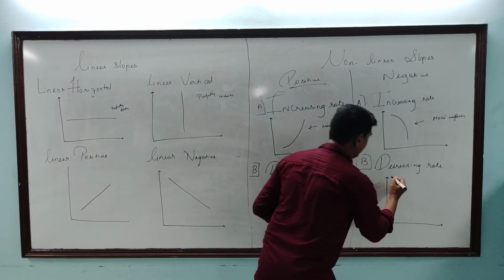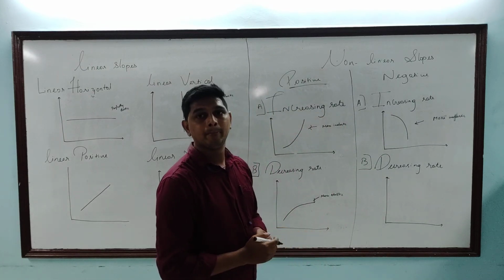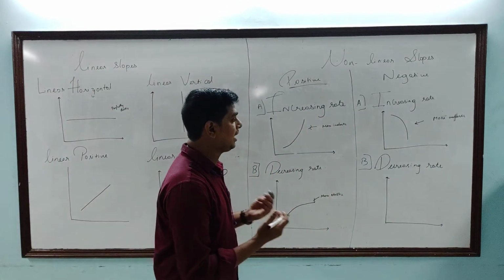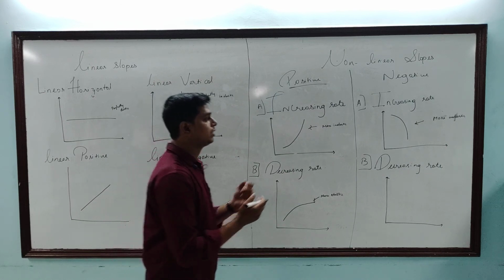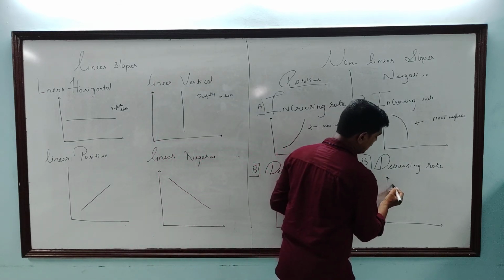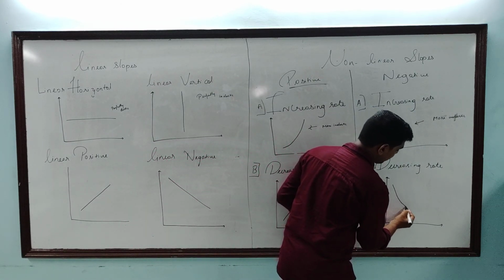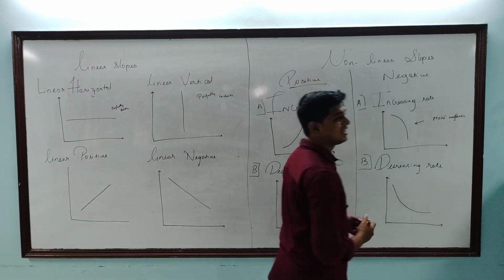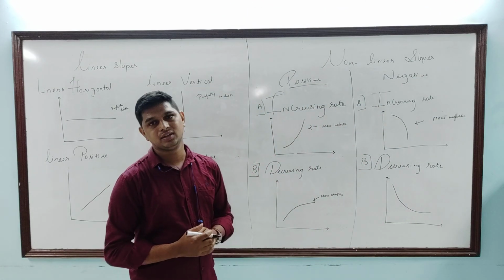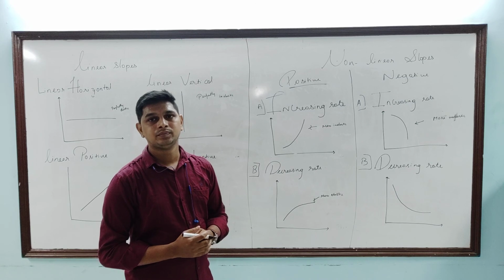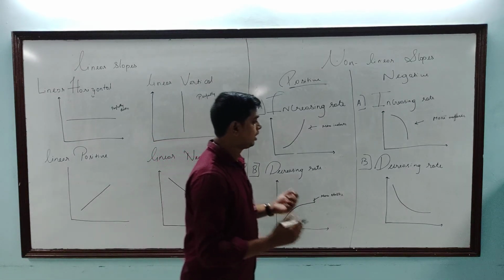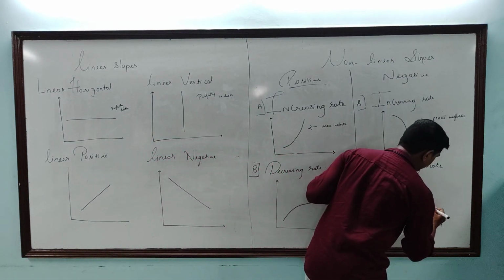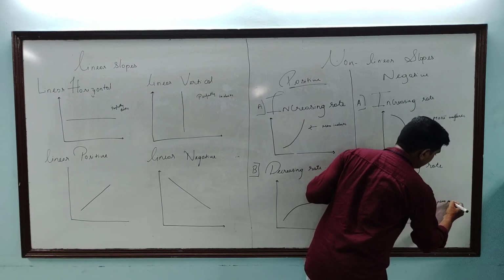If you have x and y axis, at a decreasing rate, we again have a negative slope, but the proportion of x to y variable is less than 1 in this case. Again, we can recognize them if they tend to become more elastic.